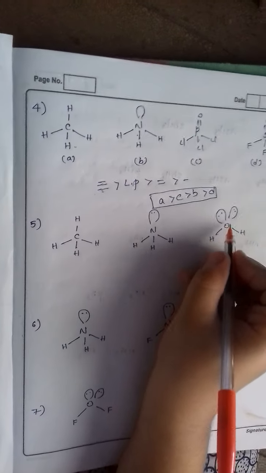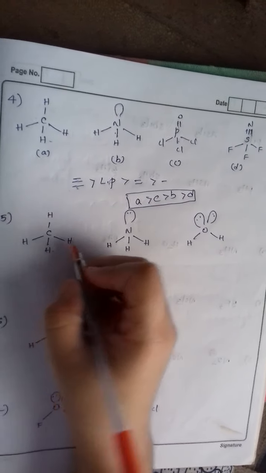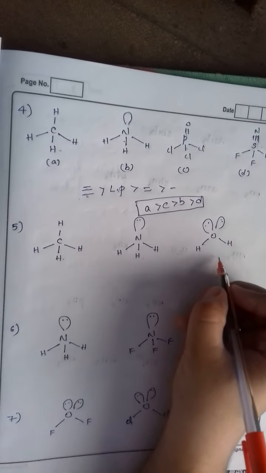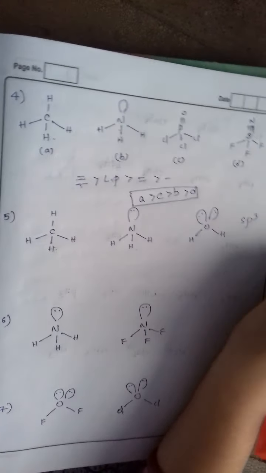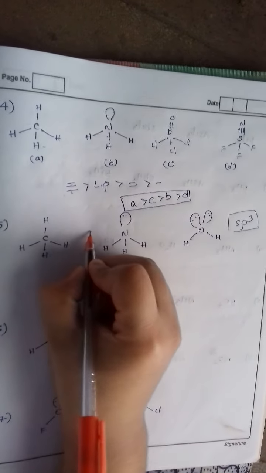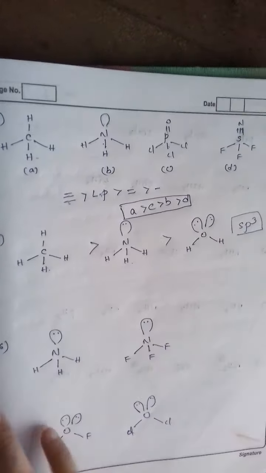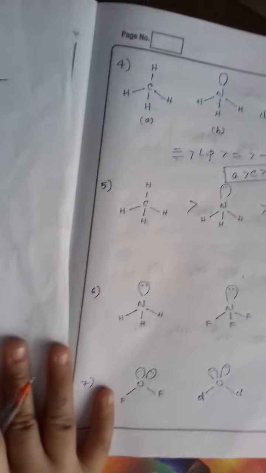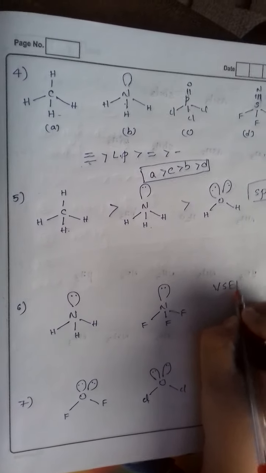Okay, and now here, if lone pairs increase, the bond angle decreases. We see that tetrahedral will have 109 degrees 28 minutes, this one has 107 degrees, and this one will have 104 degrees. As we know, these three are sp3 hybridizations. The hybridization is the same, so we will see the second one, the lone pairs. So here the bond angle will be more than this, because of this lone pair the bond angle decreases. This is its order. Now here we will apply VSEPR.